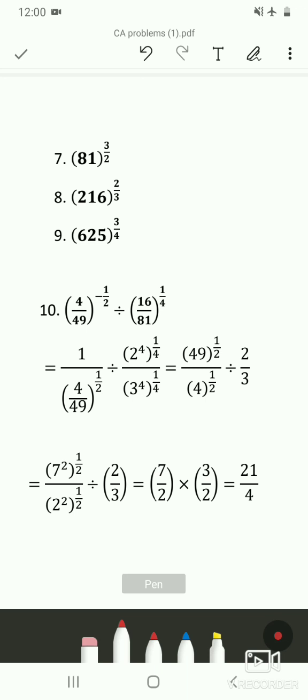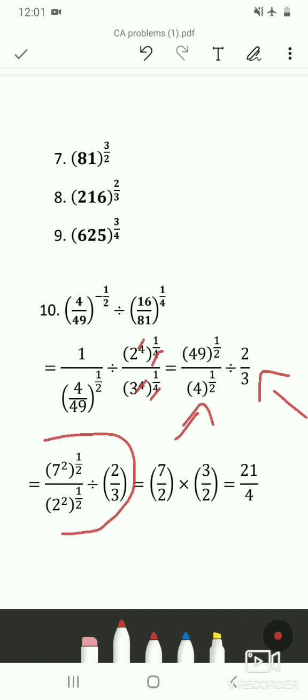So then next we'll simplify this term. So here when 49 goes to numerator, we can write it as 49 raised to 1 upon 2 whole divided by 4 raised to 1 by 2. So here in this term, this 4 and this 4 gets cancelled. Similarly in denominator, both the 4's get cancelled. So we are left with 2 upon 3. So the next step over here is, we know that this 49 can be written as 7 square, that is 7 sevens are 49, and 4 is nothing but 2 square. So then